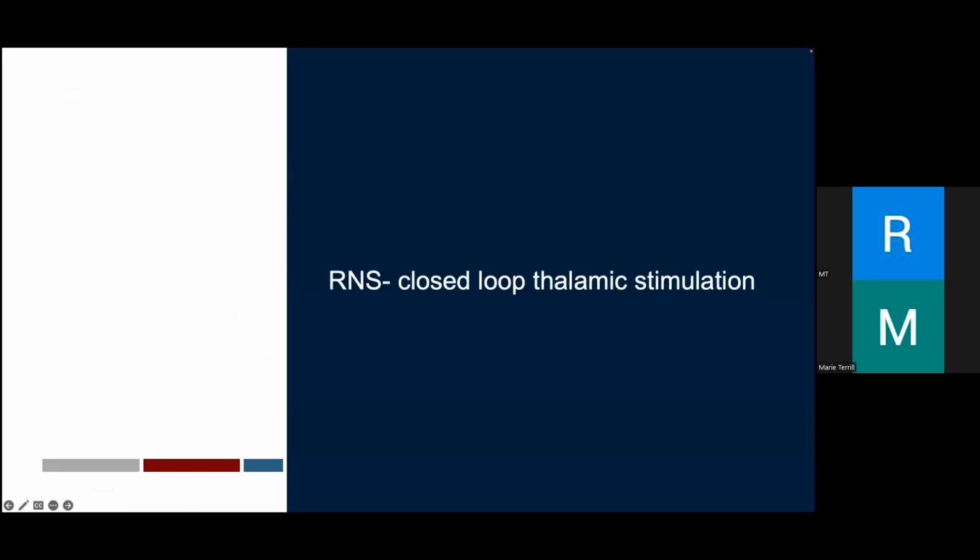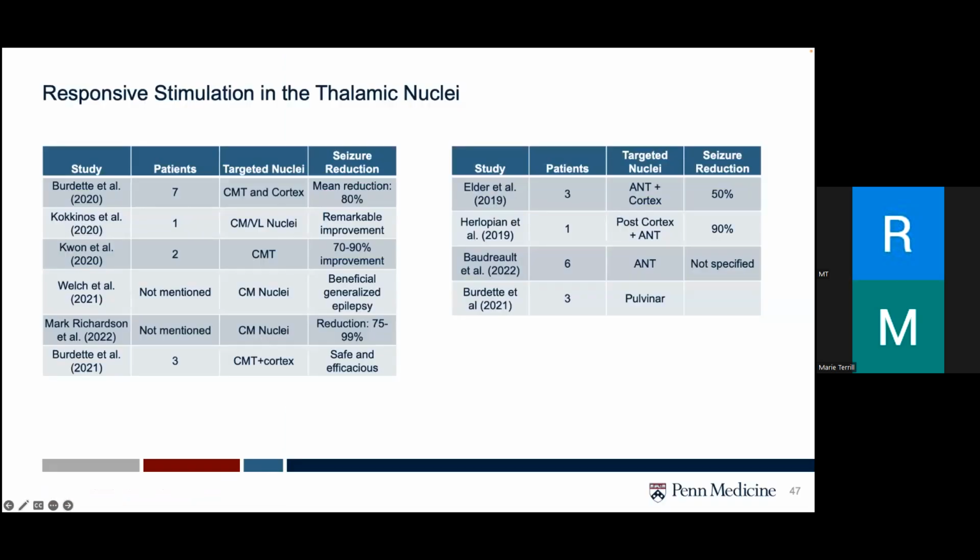More recent studies have indicated a broadened use, with reported seizure reductions targeting thalamic nuclei in patients with multifocal and generalized epilepsies. I think these case series provide good insights into the potential benefits of RNS stimulation targeting different thalamic nuclei, like your central median and pulvinar nucleus, in patients with average follow-up anywhere between 17 months to 2 years. It's important to point out that these studies have smaller sample sizes and that research in this field is continuously evolving.